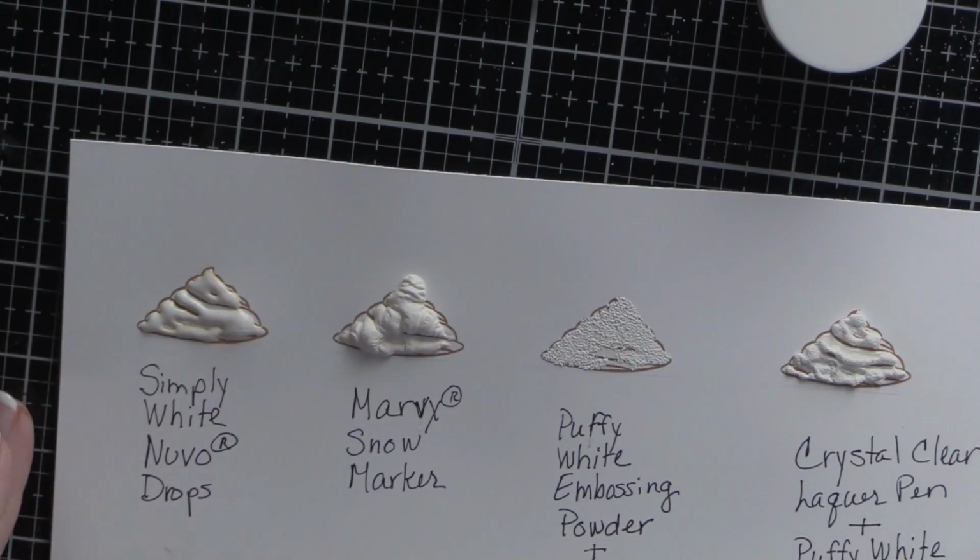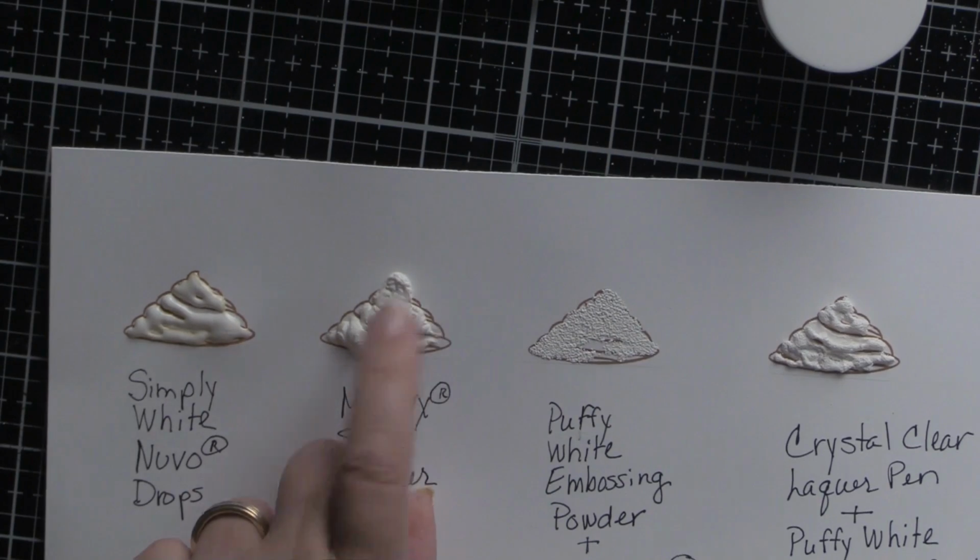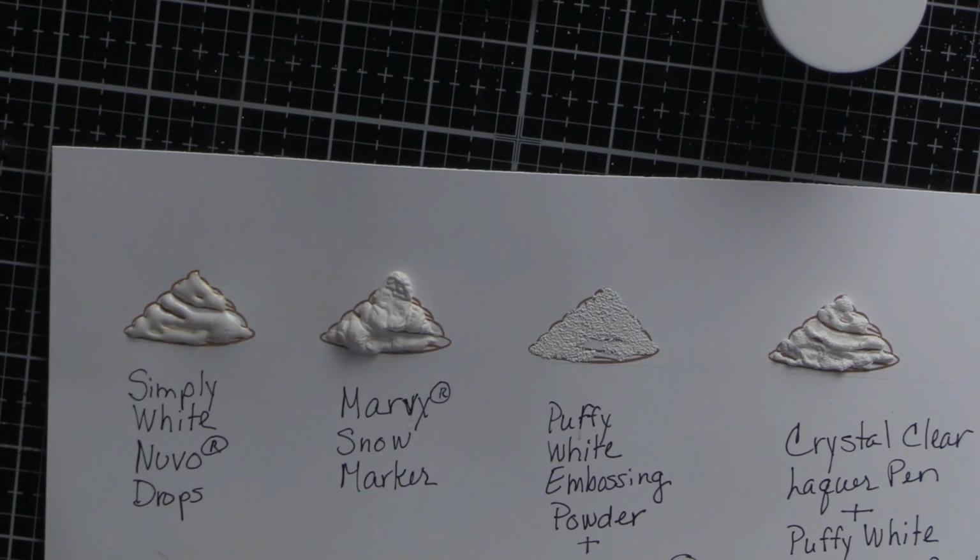Okay, so now the white Nuvo drops, it is starting to reflect the ink underneath, and I'm sure as it dries, we'll see a little bit more. The Marvy Snow Marker. You can't see the design of the whipped cream stamp, but it is puffy. And with just the puffy white embossing powder, it's just grainy, not really very impressive. And the crystal clear lacquer pen plus the puffy white embossing powder, there's more, not only